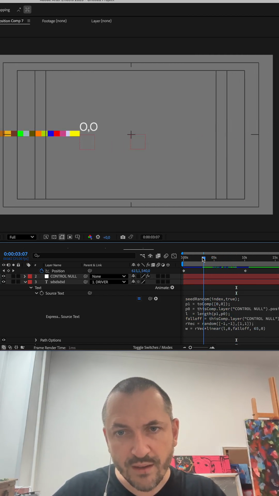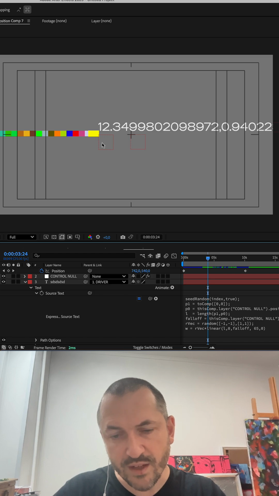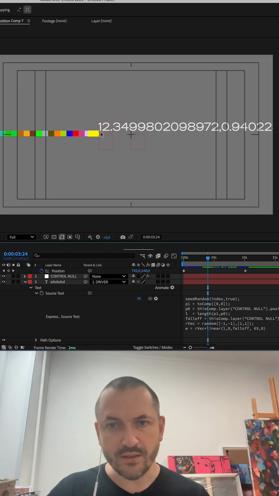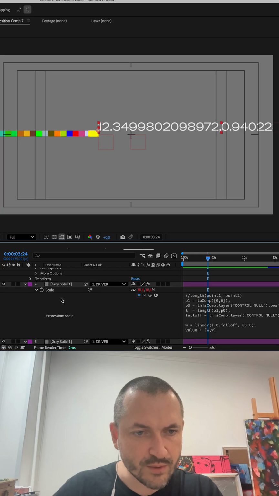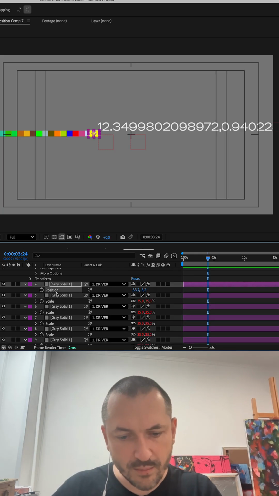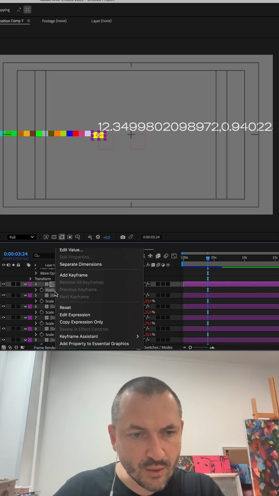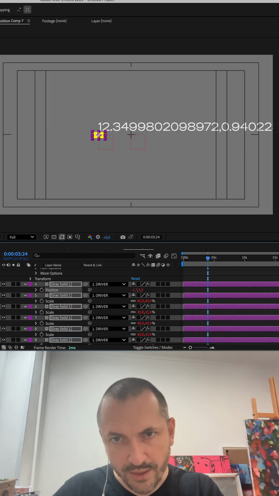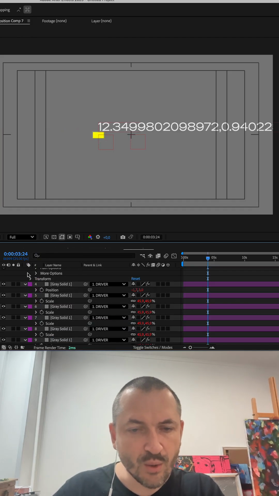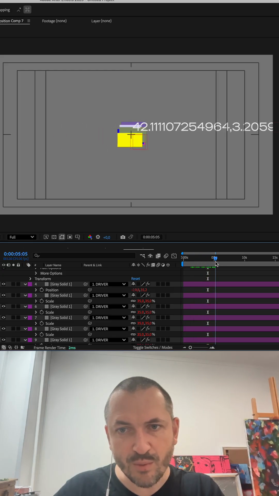Now we have some vector upwards, downwards, left, right, and if we copy expression only, first to position in one element, and then copy expression only from position, select label group and paste, we have some problem.